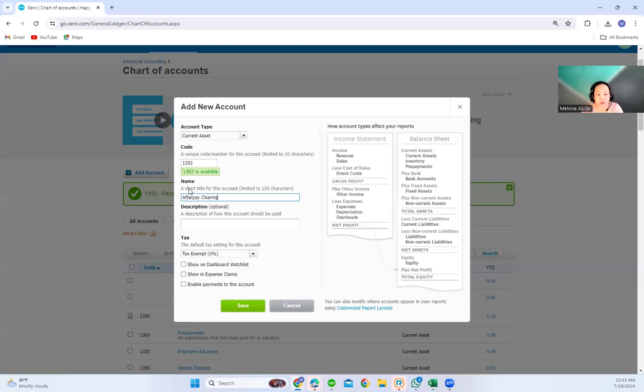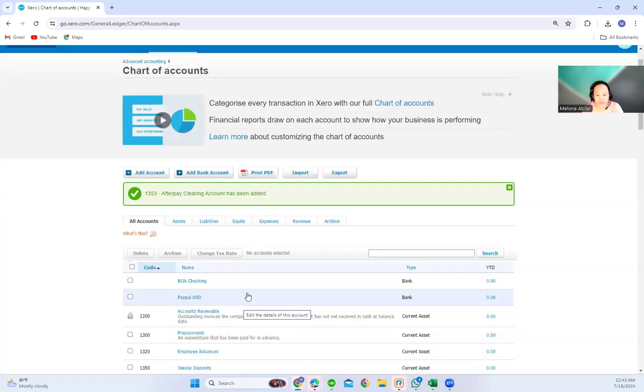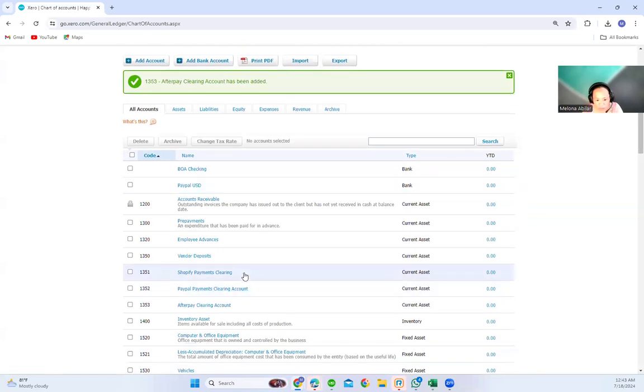Our Shopify store is also using Afterpay for payments, so we are creating the Afterpay clearing account in Xero. We already have our three clearing accounts that we are going to use for recording the sales transactions in our Shopify store.